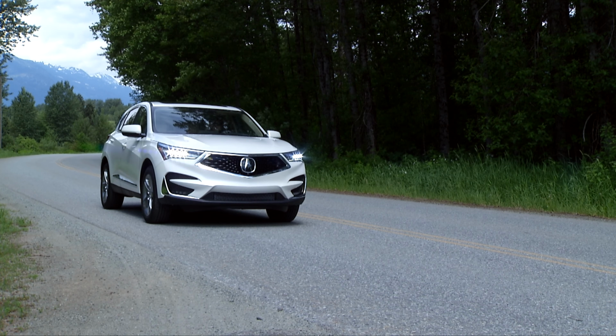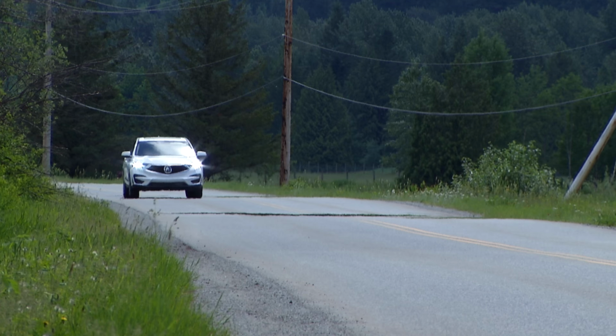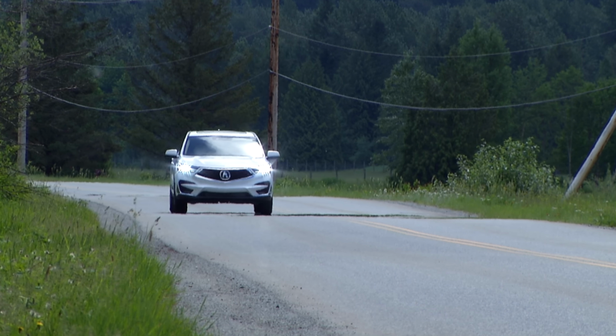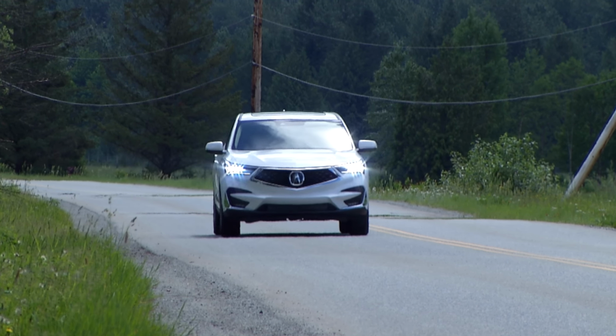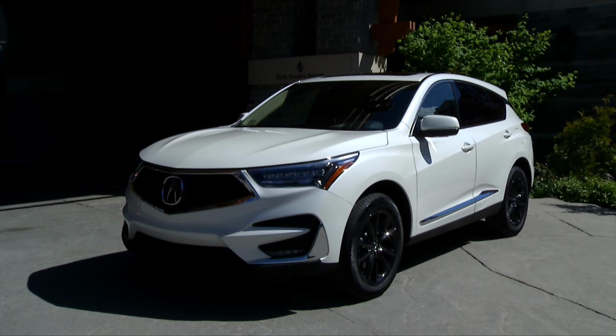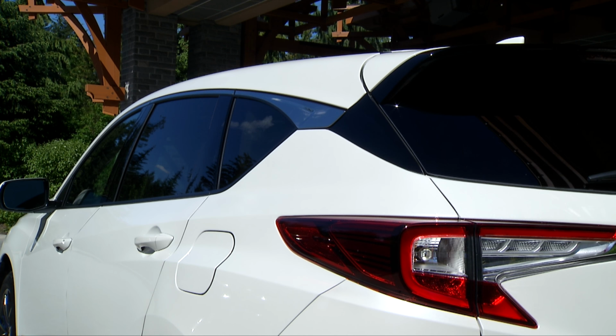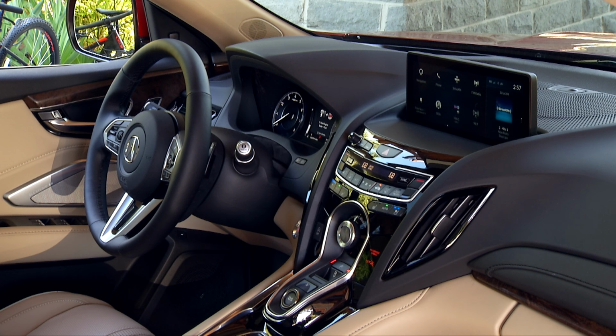The 2019 Acura RDX, which is the third generation, will appear to be just another crossover to most people, but to Acura, this is a fresh beginning. Everything about it is new, including the attitude. The brand's sober, practical left-brain thinking has finally given way to some right-brain indulgence, and most of it was done